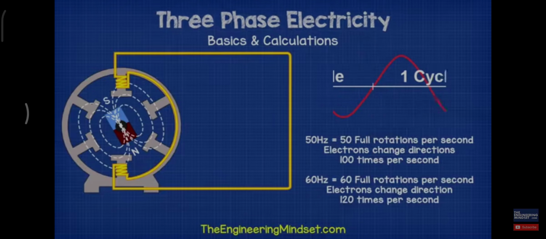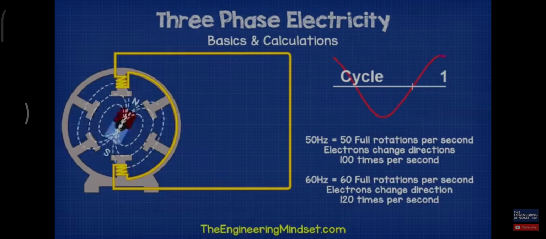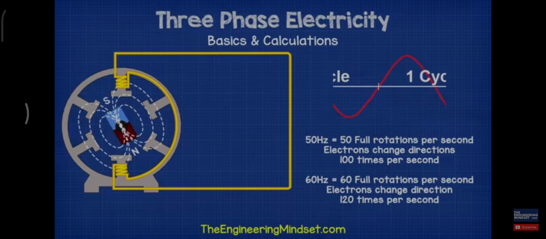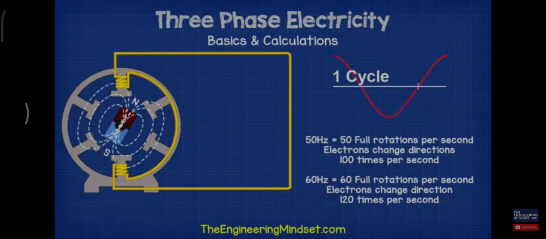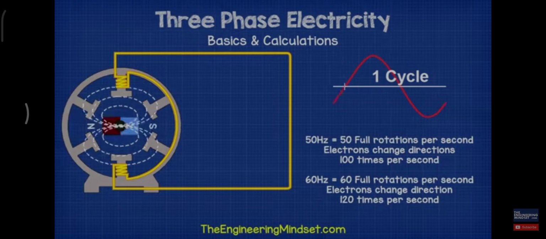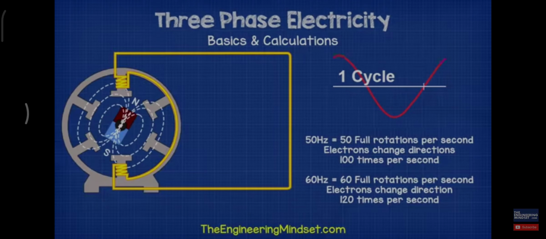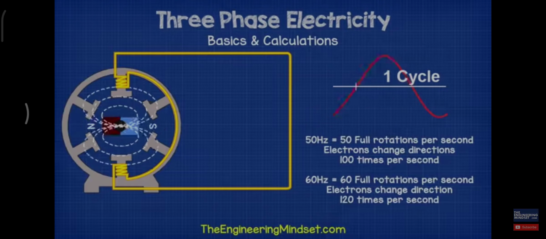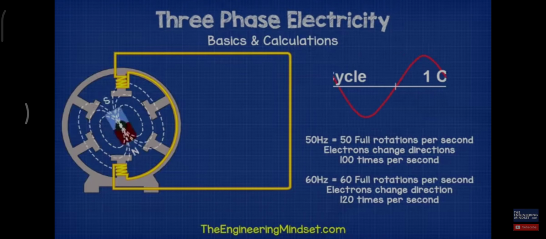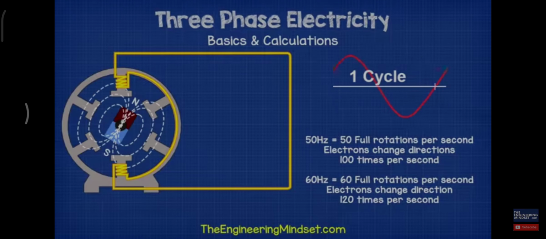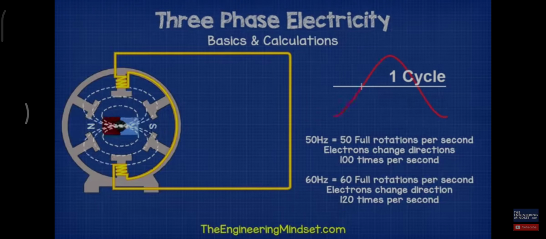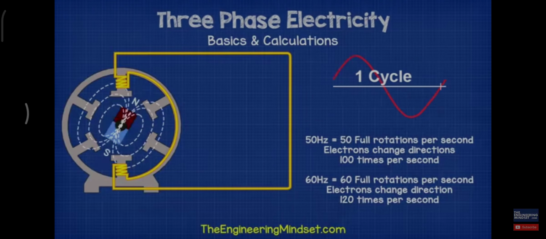If the magnet makes a full rotation 50 times per second, which is 50 Hz, then the coil in the generator experiences a change in polarity of the magnetic field 100 times per second. So the voltage changes between a positive value and a negative value 100 times a second. If it's 60 Hz, then the voltage will change 120 times per second. As voltage pushes the electrons to create electrical current, then the electrons change direction either 100 or 120 times per